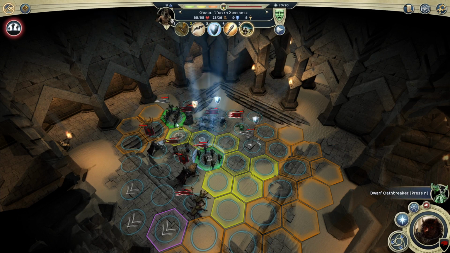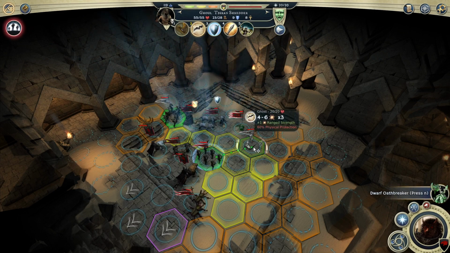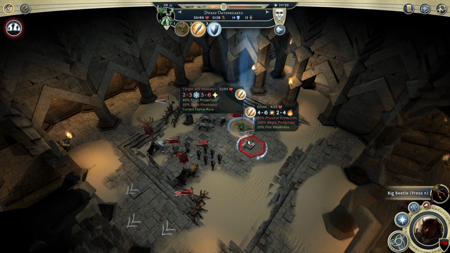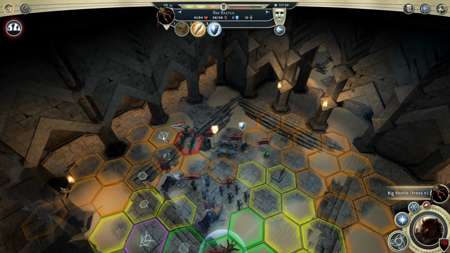Can we throw a net? No, we can't. We could potentially ensnare the Revenant Infantry in the net. I think it would be better, though, to attack the Ghost, just so that our Oathbreaker is in less danger, and then we can get the kill there. Perfect. Yeah,